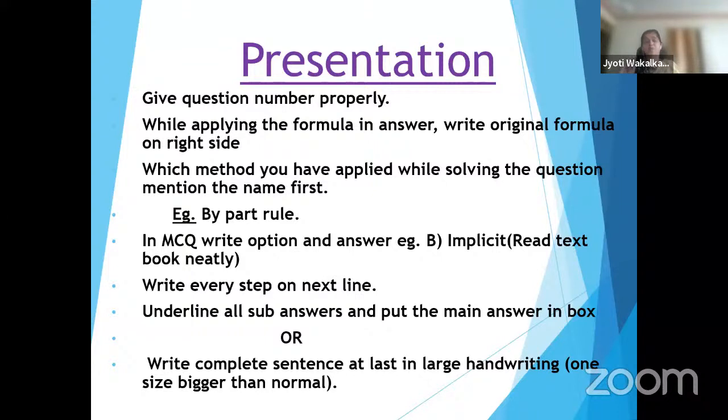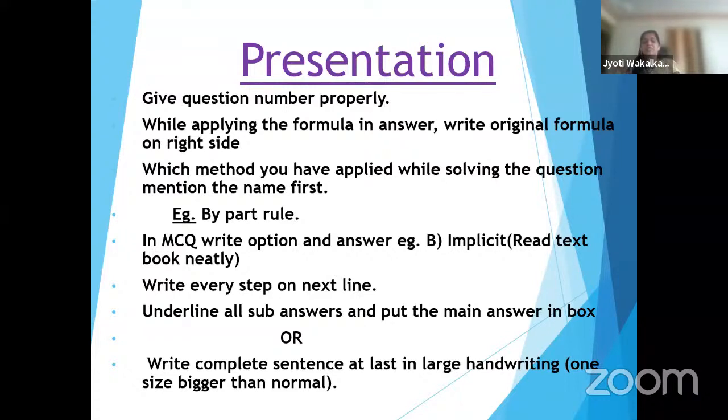आपको चाहिए ना तो आप राइट कर लीजिए वो कैलकुलेशन वहां पर, लेकिन जो आपका फाइनल आंसर है, you should highlight that answer. आपका जो आंसर आया है बी पार्ट e raised to x, that's your answer, तो आप वो आंसर राइट कीजिए, उसको अंडरलाइन कीजिए, तो एग्जामिनर को समझ में आएगा what's your correct answer, what is the final answer. When you write your answer sheet, write every step on next line, इक्वल टू करके नेक्स्ट लाइन पर आपका